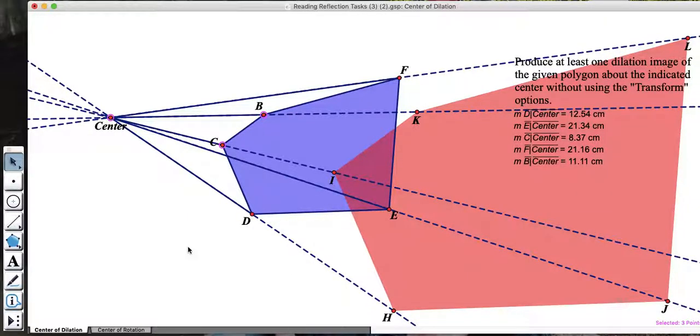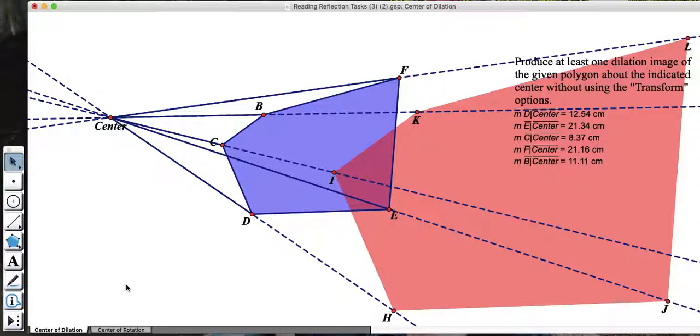So I'm going to start by saying that I am not overly familiar with Geometer Sketchpad. I do use GeoGebra a little bit more, but I'm not actually great at either one, and I'm sure there are many more things that you can do in this program than I know. With that said, for this first one, the center of dilation, I followed Sherry and Jeff's example and really thought